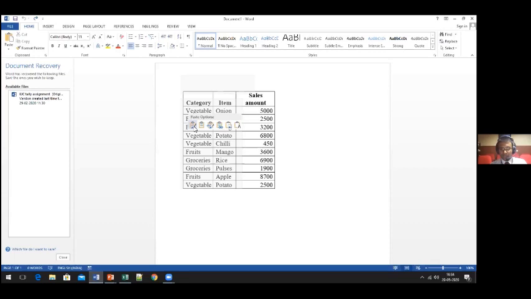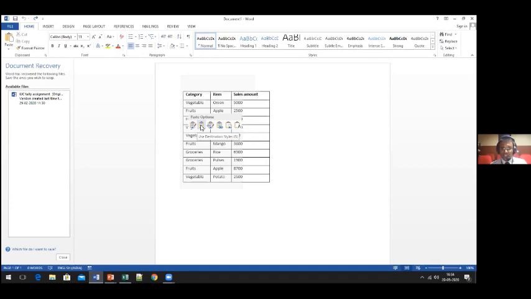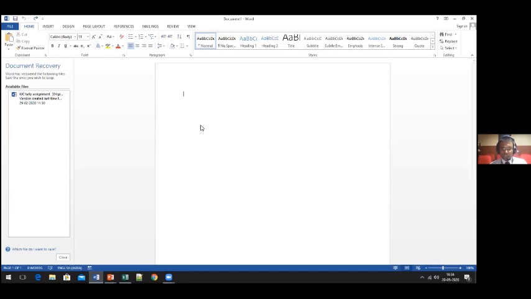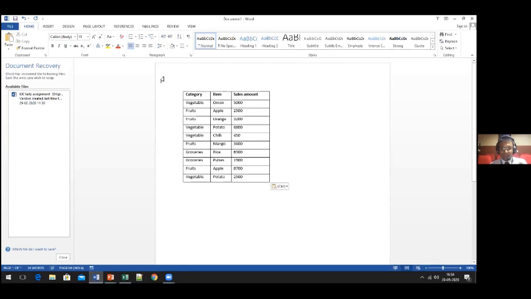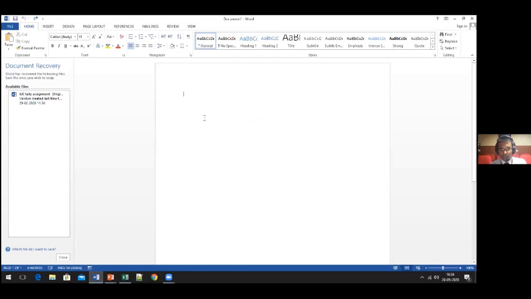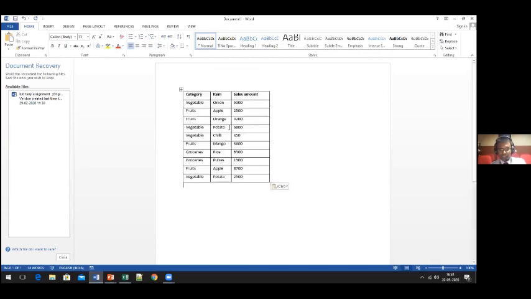Let's say I don't want that formatting. I want an altogether new formatting. Then I select the second option, use destination style. If I select this, whatever font was already there in Word, the table will get converted into that format. Is it an editable form, or can we not edit in Word? This is an editable form. So if I change the values here, I can actually change them.